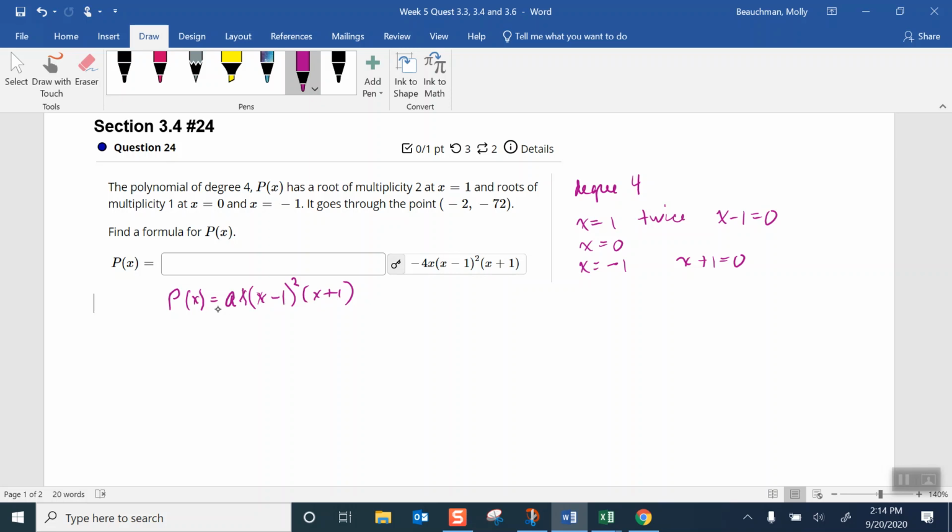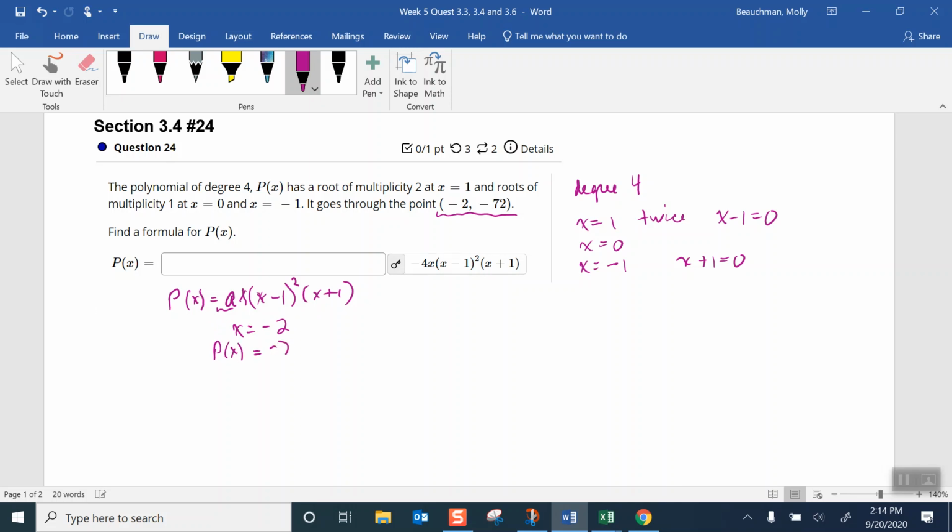What I don't know is what multiple of that I'm looking for. So any multiple of this function is going to have these zeros, no matter what a is. That's why we need this extra value, this extra point. So I can substitute the value -2 for x. So x equals -2 when my function